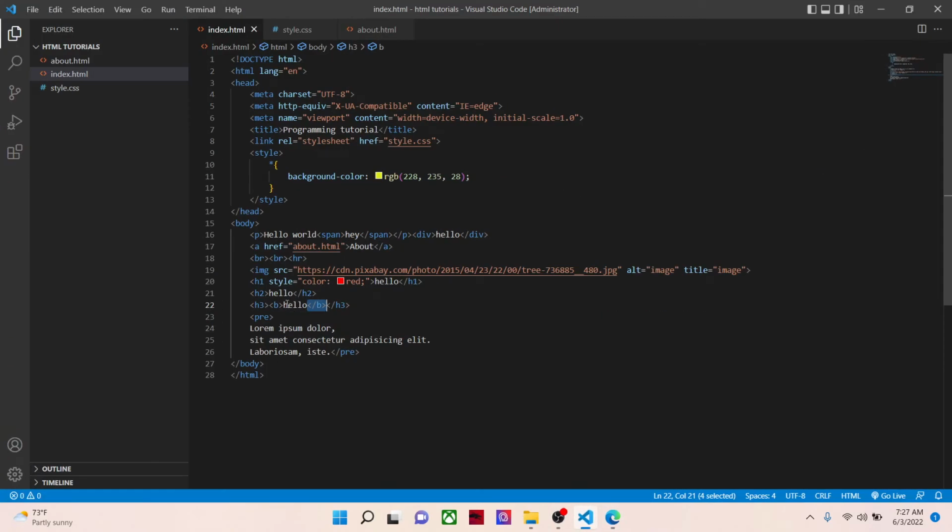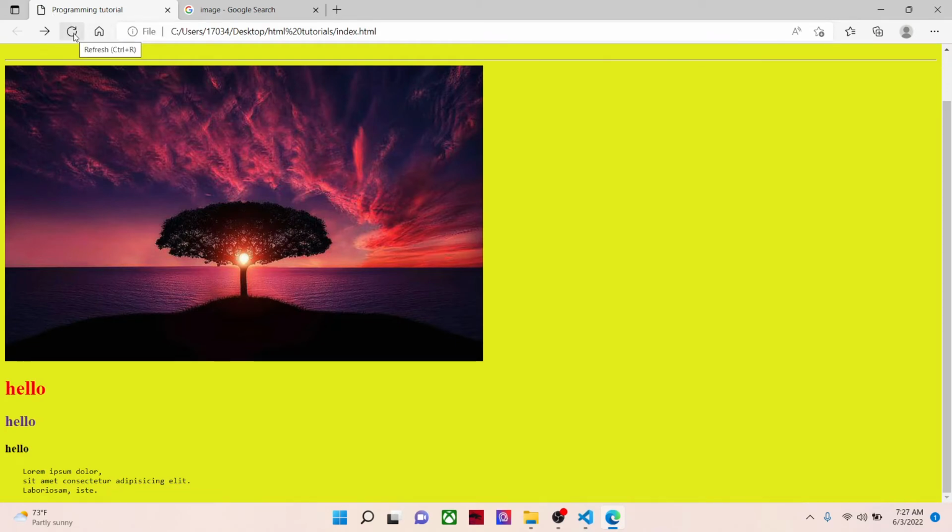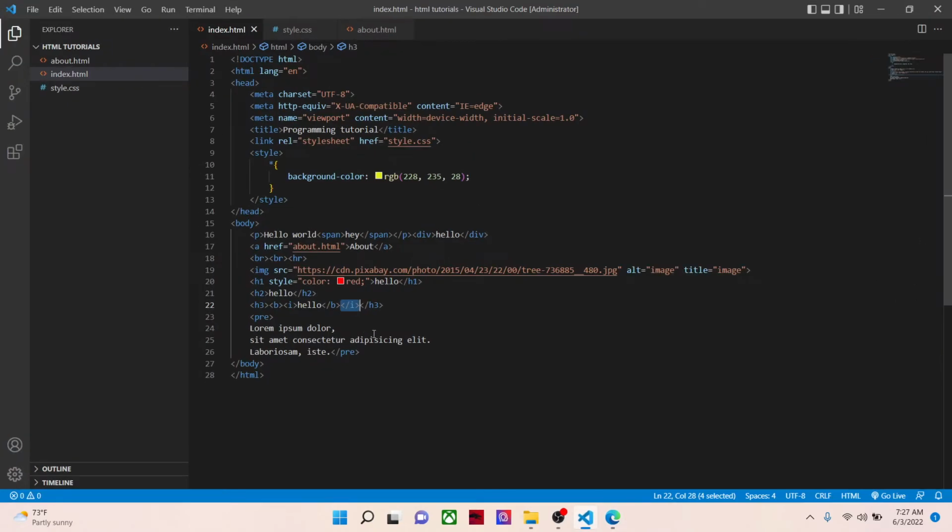You could make it italic. And save it, and here it is italic. You could use emphasized text like this,